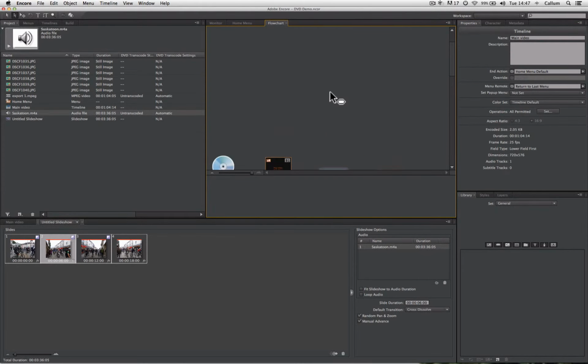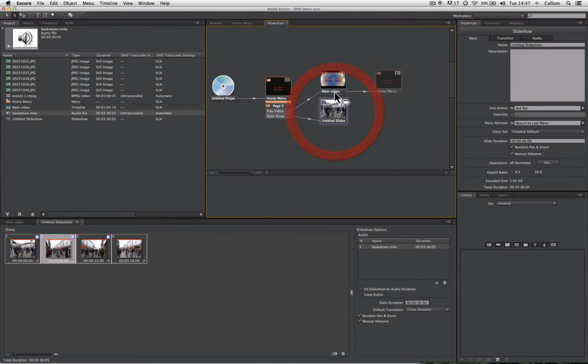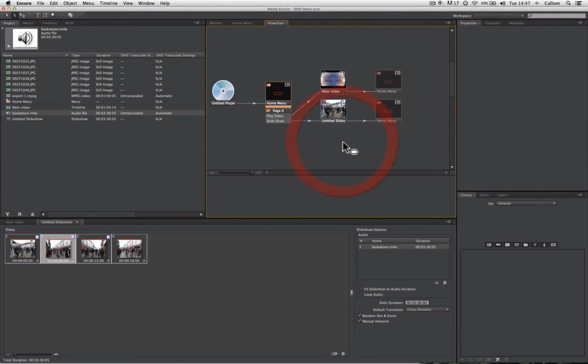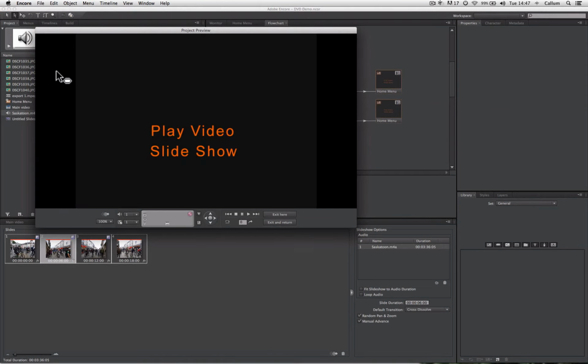We can now see that on our flowchart, we have a slideshow as well as the video. And on our slideshow, I'm going to set the end action to the menu. So now when I preview my disc, I can move between the two buttons and one will highlight to let me know which I have selected. In this case the slideshow,